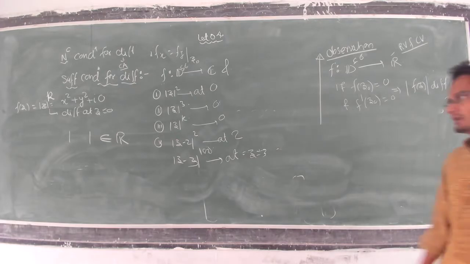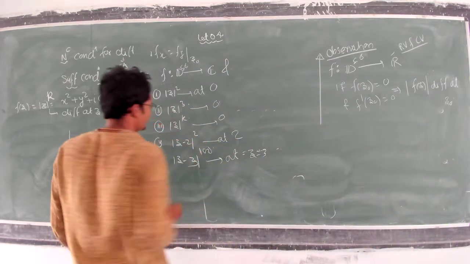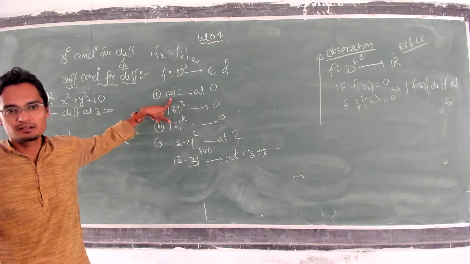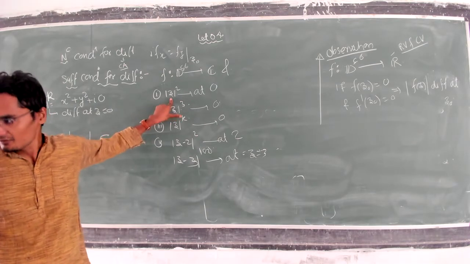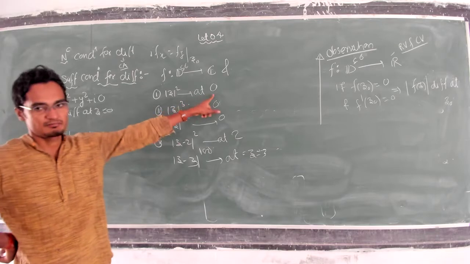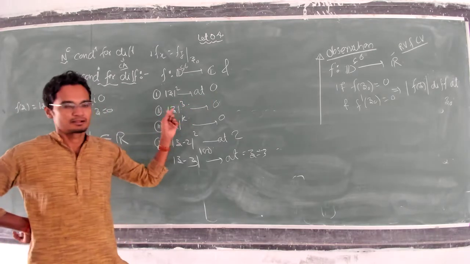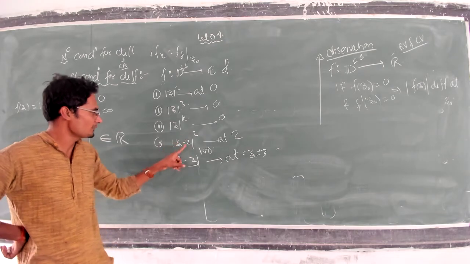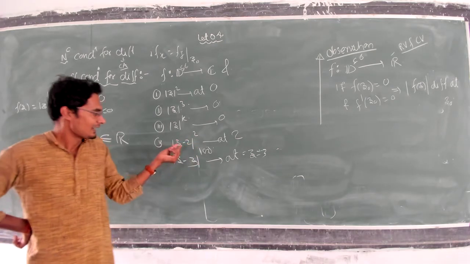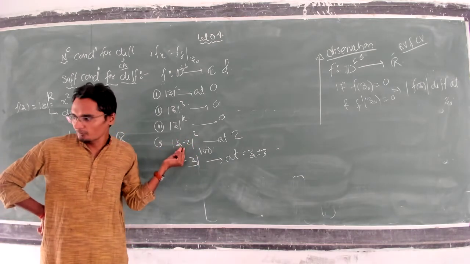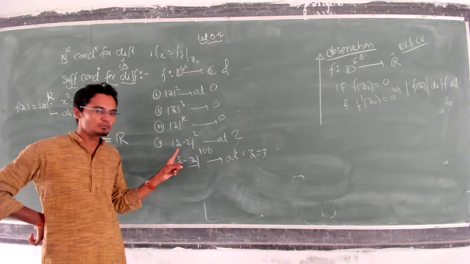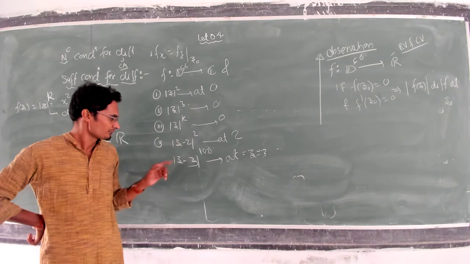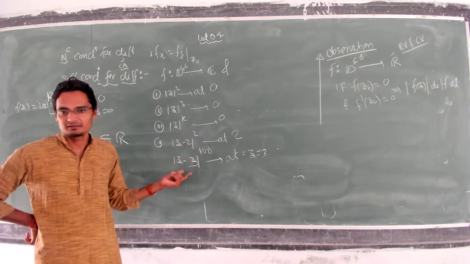If you remember here, mod g square at 0 it will be 0, the derivative will be 2z, that is also 0 at 0, that's why it is differentiable. G cube at 0 it will be 0, its derivative again 0. G minus 2 whole square, if you put g equal to 2, it will be 0, its derivative will be g minus 2, so that will be again 0. Here power 100, this will be again.